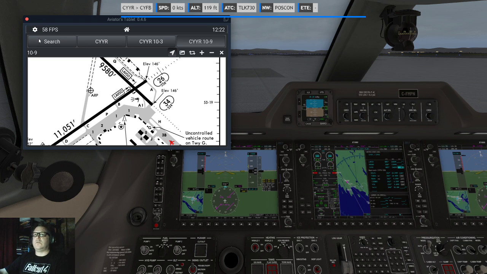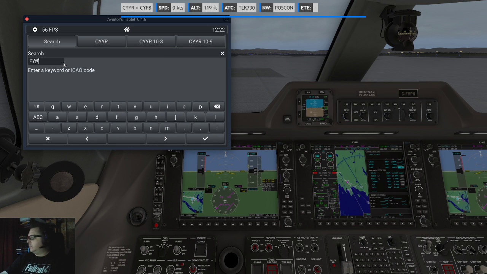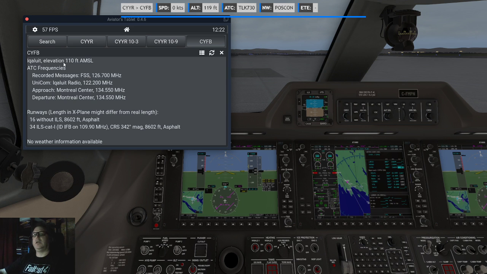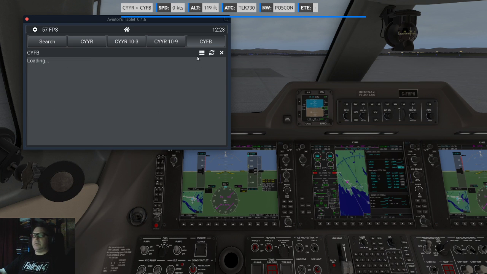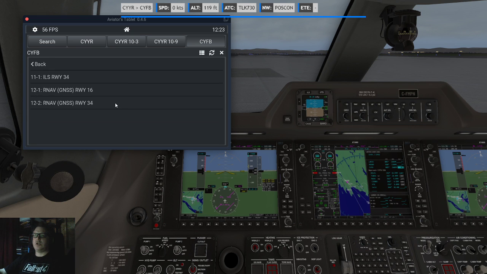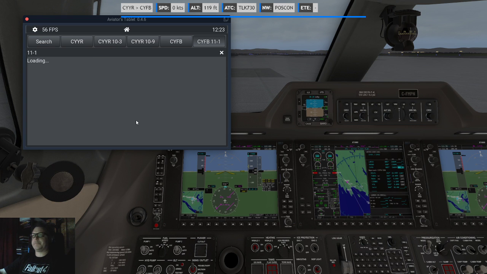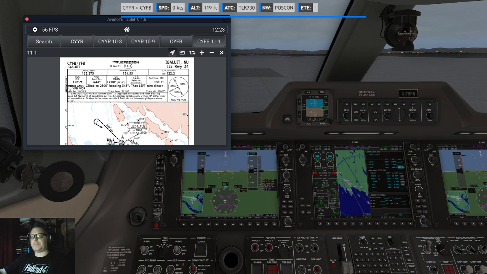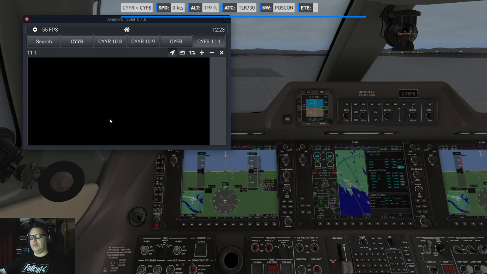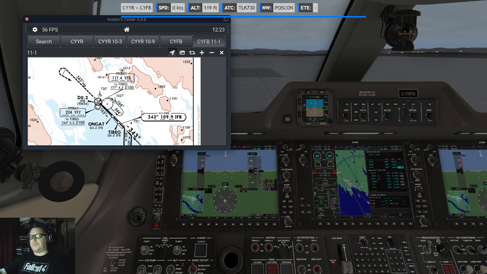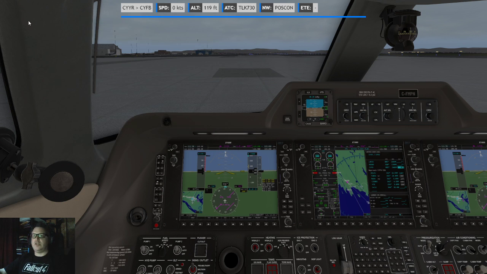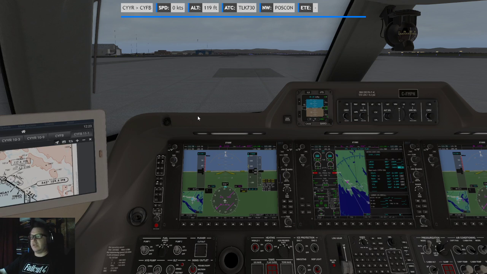All right, that's cool. Let's do Frobisher Bay. The approach, ILS 34. ILS is 109.9. We're gonna put that in. Actually, why am I doing all this when I could be doing this?